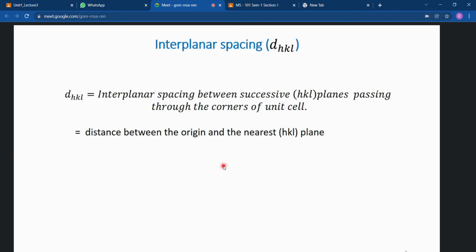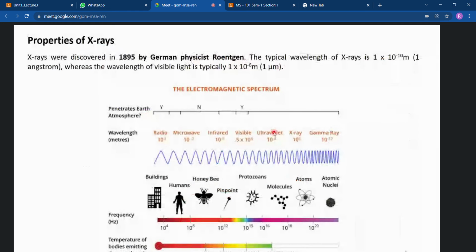So first of all, this term XRD contains X-rays and diffraction. X-rays are electromagnetic radiations. If you see the spectrum of radiations, this is the electromagnetic spectrum. Here you can see we have gamma rays, X-rays, ultraviolet rays, visible rays, infrared, microwaves, as well as radio waves. The visible rays, or the colors which we can see, lie in the range of